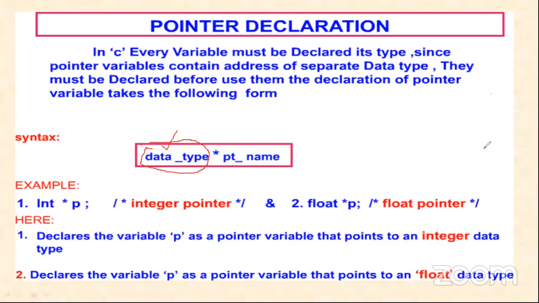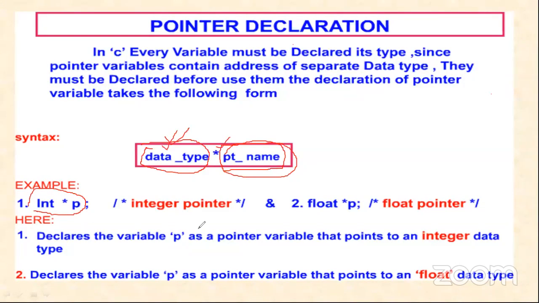Once I specify the data type, next comes the star symbol. This is called an indirection operator. Then your pointer variable name, whatever pointer variable name I want to specify, you specify here. Suppose I want to create a pointer variable, an integer pointer variable, I can create it like this: int star